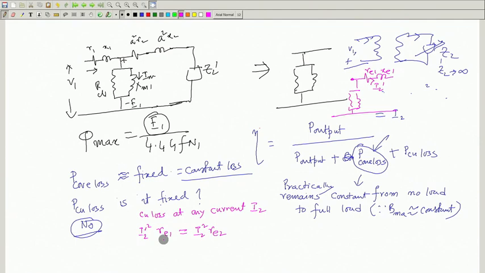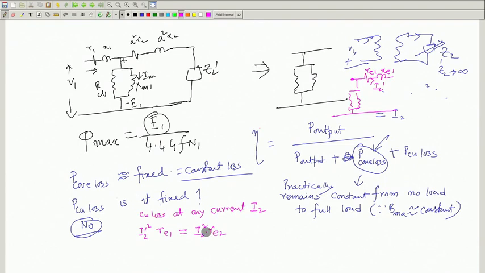the magnitude of the current that you are drawing out of the transformer from the secondary side is proportional to the square of the current. So, as you change the load, I 2 changes, I 2 dash changes, therefore, copper loss in the winding will be a function of current supplied. So, copper loss cannot be a fixed loss, it depends upon what current you are extracting out of the secondary of the transformer.